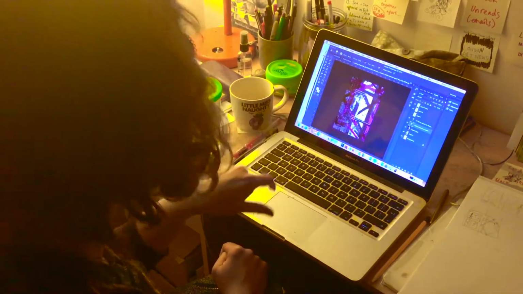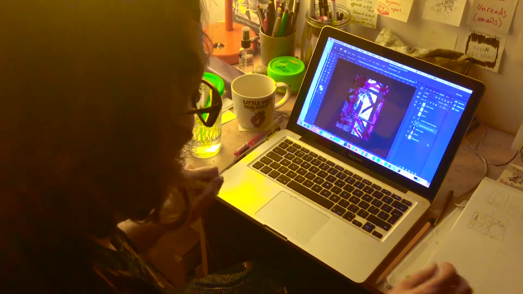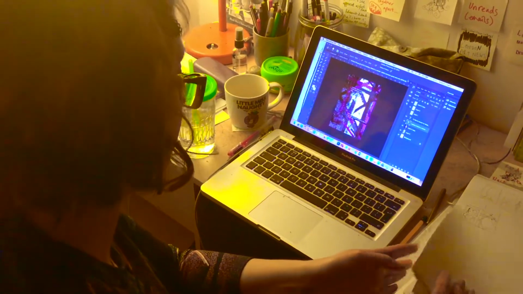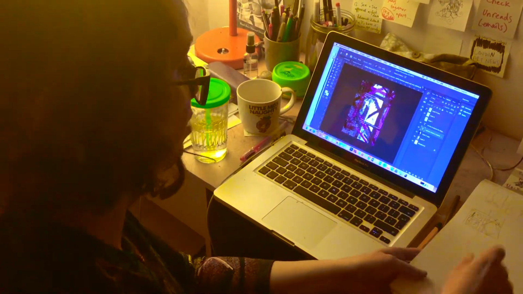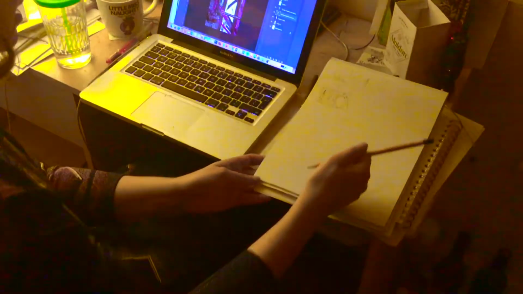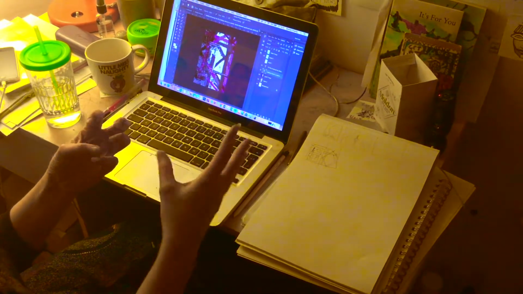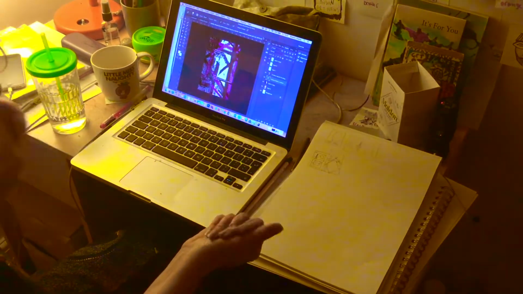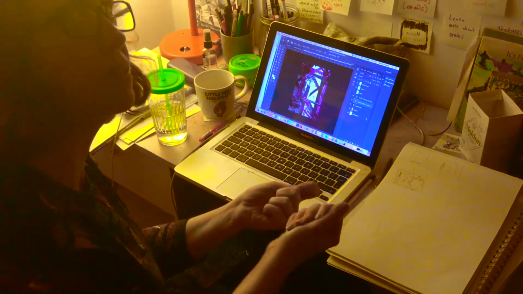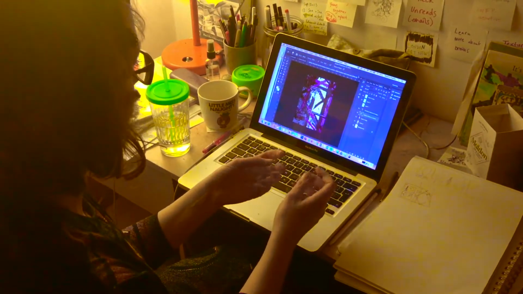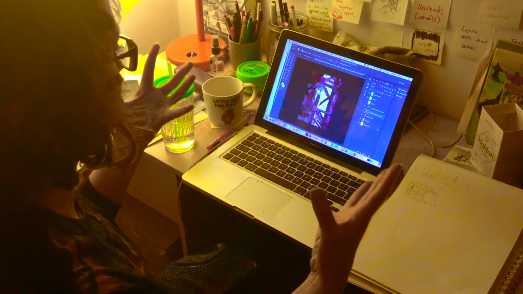All this texture is literally from getting my pencil and drawing it just normal. Just drawing it like that, and then scanning it in and zooming in so close. The paper that I use is kind of textured. It's got sort of thickness to it, and I use really soft pencil. So when you zoom in using Photoshop, you get all this texture that comes out, and so therefore you've got